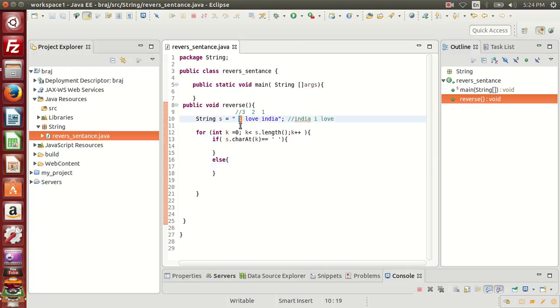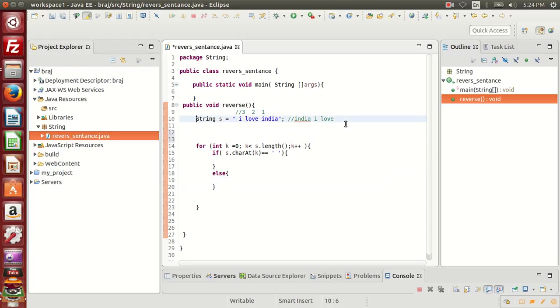Once it comes to else, we need to add this, right? So how will we add? We'll take one string array. I will give length as suppose 6.